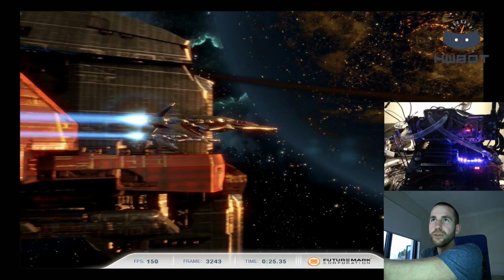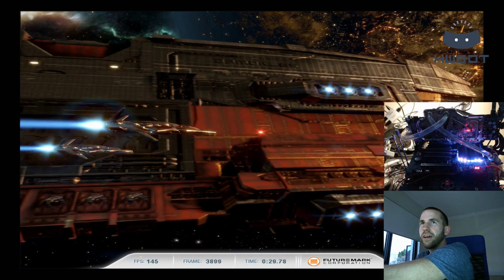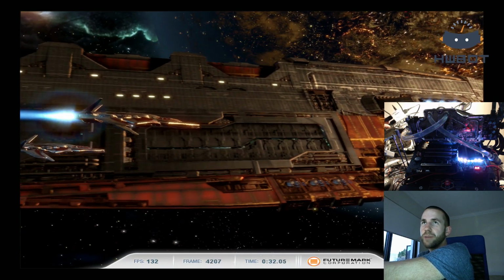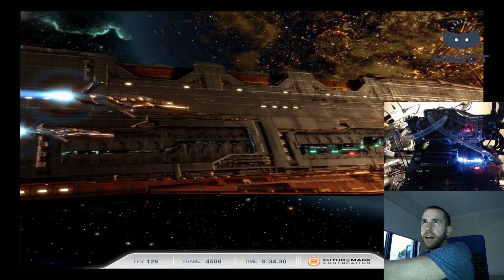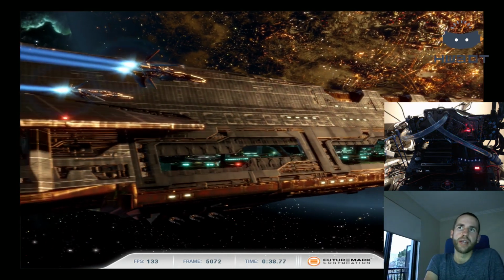Maybe I need to just Google it, but you can kind of see it in the background there. I have the rig camera. I have an HDMI splitter with a button on it. So what that means is